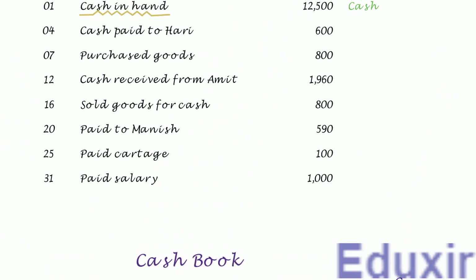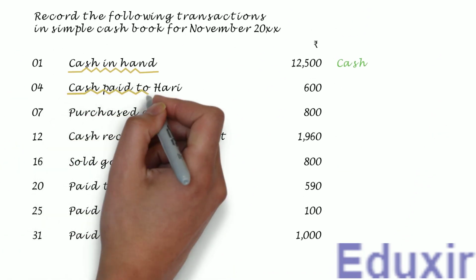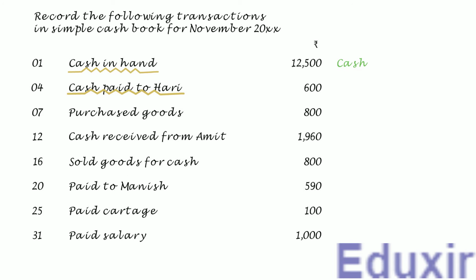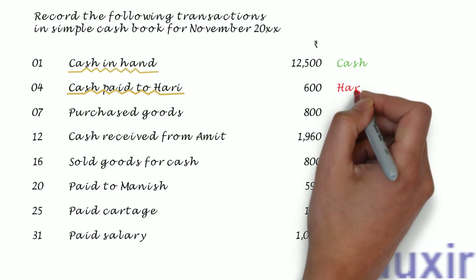In this transaction, the business has paid 600 rupees of cash to Hari. Businesses usually make the payments to the creditors. So we can safely assume that Hari is a creditor. So in this transaction, the business is paying to the creditor. When the businesses make payments to the creditors, the liability of the business to pay to the creditors will be decreasing. The rule to record any decrease in the liability is to debit the corresponding liabilities account. In this case, the creditor Hari account will be debited.